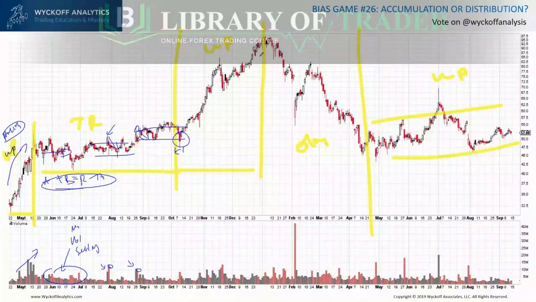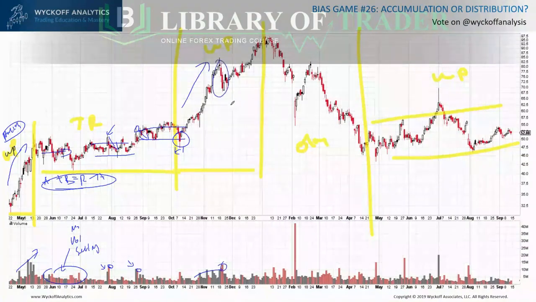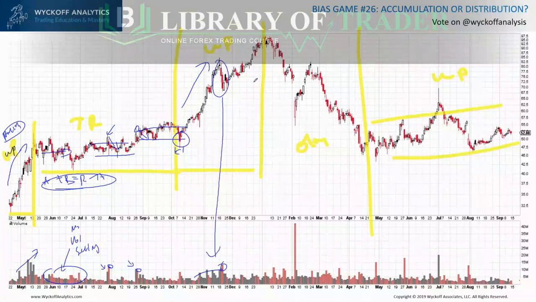And then after that, the new regime starts, the new environment. And we're seeing that demand is still active. Into this first move up, supply comes, produces somewhat of an aggressive reaction, and we might be thinking, what is this? Is this a change of character, or is this just a preliminary supply? So the price overcomes resistance on multiple closes. So it's still suggestive of bullishness.